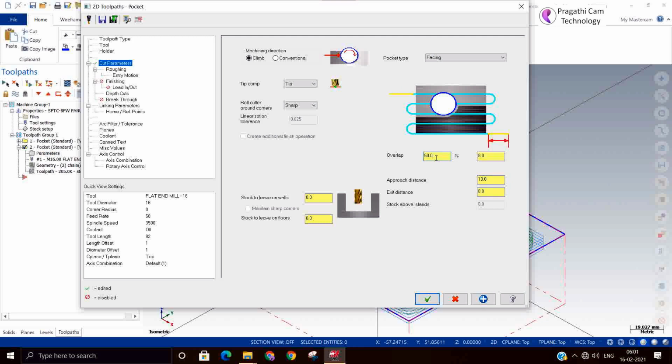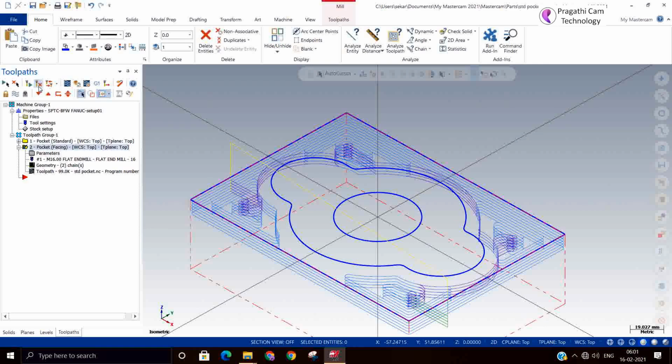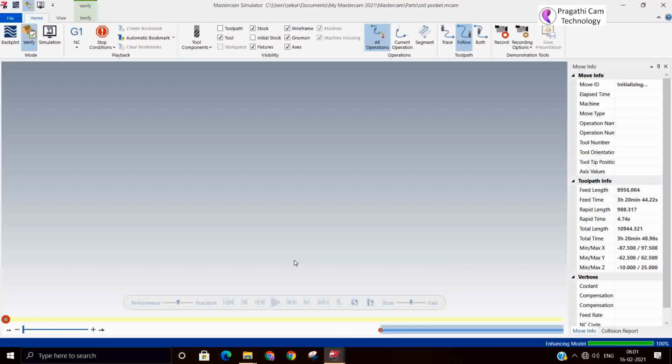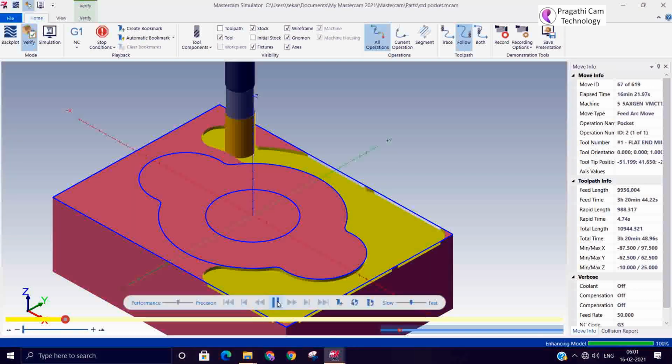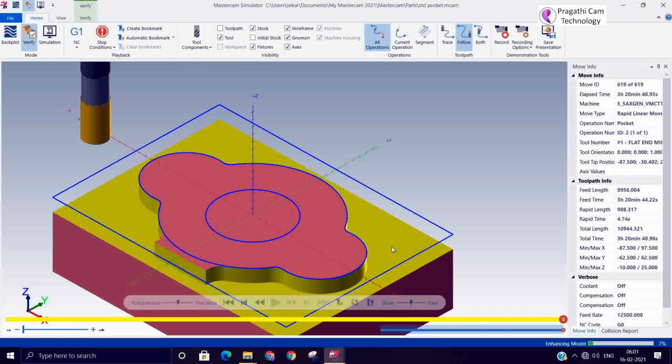So automatically it will overlap on the edges, so it cleans the machining. Now you can see that after regeneration, it will safeguard the inner profile and it will clean the outer profile. So this is the advantage. The same thing, if you do in the standard pocket method, definitely it leaves some material.